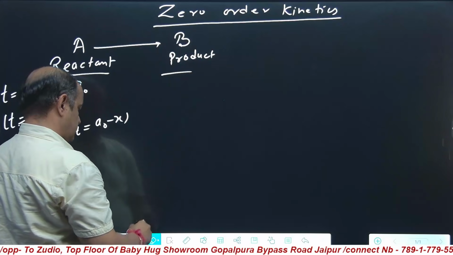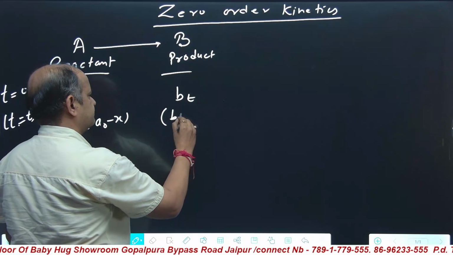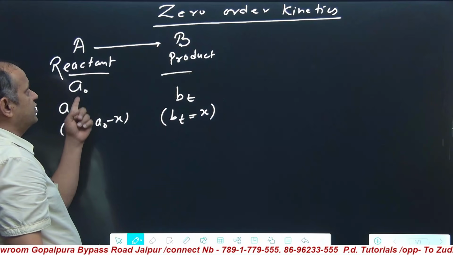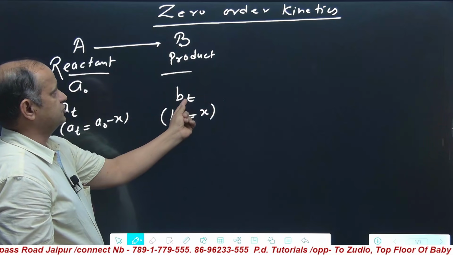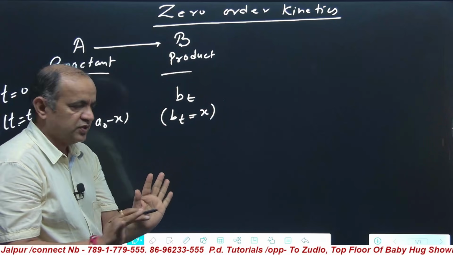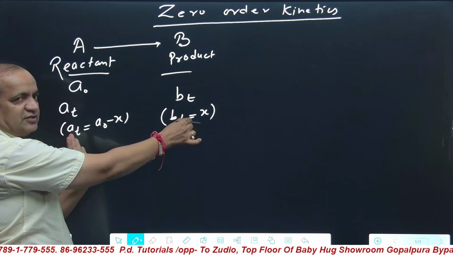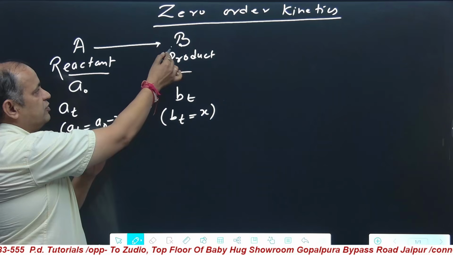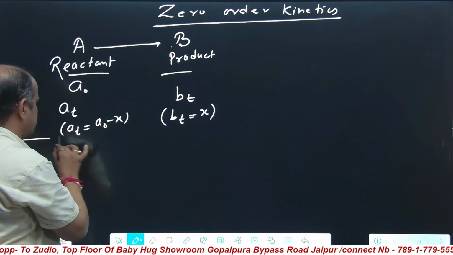So you can also write it like this. What is Bt? At is the concentration of capital A at time T. Bt is the concentration of B at time T. A decreases by x amount. B is formed by x amount. If we take 2B, then we write 2x, for 3B, 3x, and so on. Up to this point, any query to anybody?